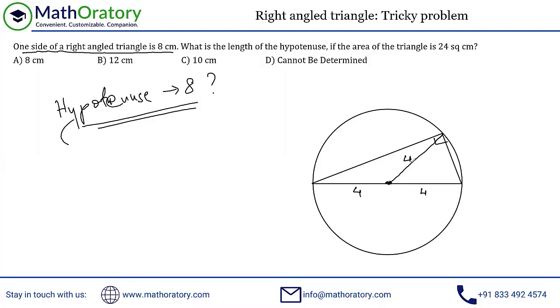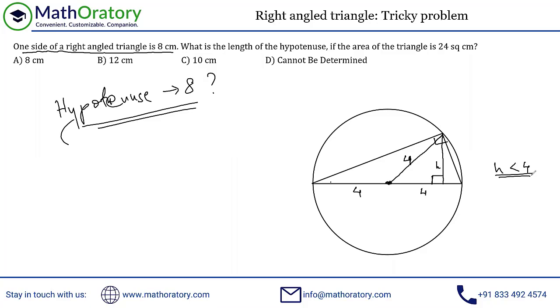Now, just consider what could be the area of this triangle. If I think about this height to this base of 8, this height is definitely less than this 4, right? Just consider this diagram here. There is a 90 degrees here. So if you consider this small triangle out here, this 4 is the hypotenuse of this triangle, right? So the height of this entire triangle, this h, should be less than 4, right?